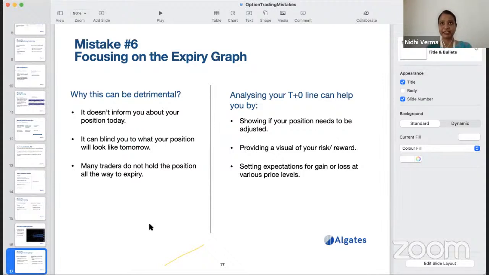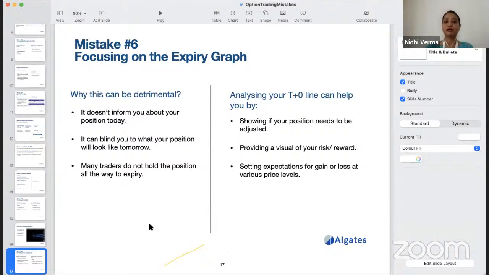If this happens at the time of expiry, this is my loss. But the idea is that you don't have to stay in the trade till expiry. So this graph can give you an idea where the option will move, and how your profit and loss will move during the time of that trade. Suppose I place the trade today and the expiry is after, say, 10 days. Within these 10 days, if the option price is moving from here to there, then what is my expected profit or loss, not just at expiry?